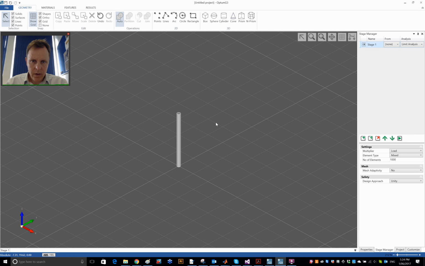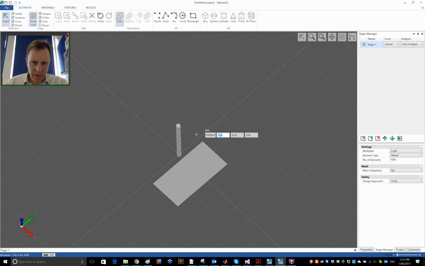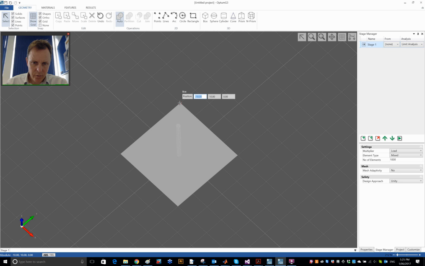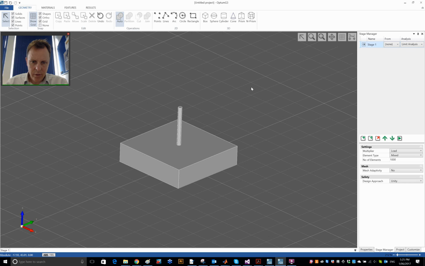And then for the soil, I am going to use the box tool to basically define the soil. We don't have to, but let's do it in 2 goes. So first the soil from the base of the pile, and let's make it something like 20 by 20, and then a height of 5. So here we have it,